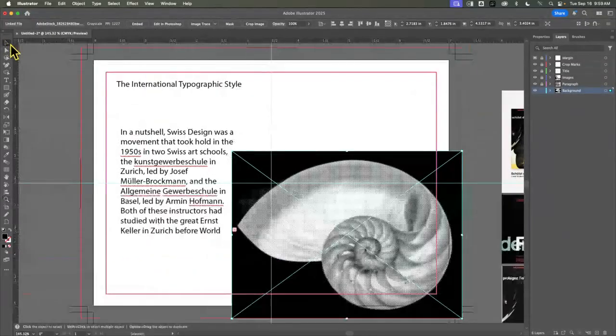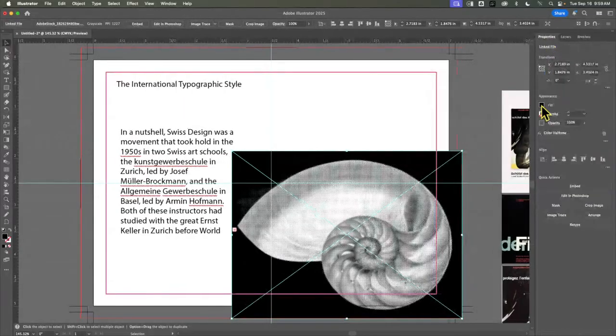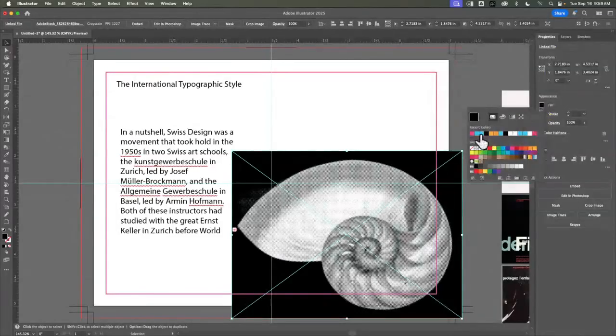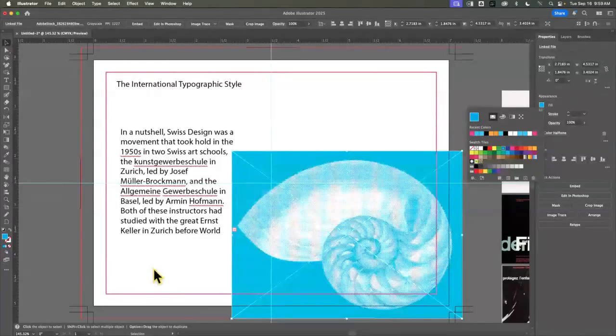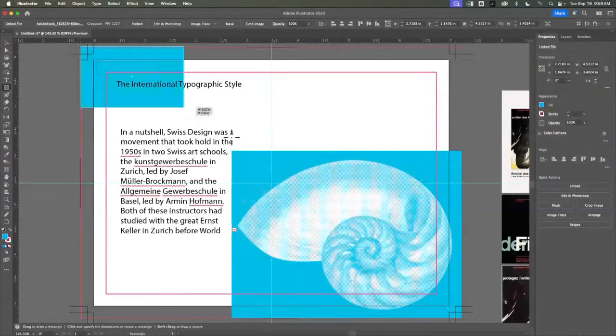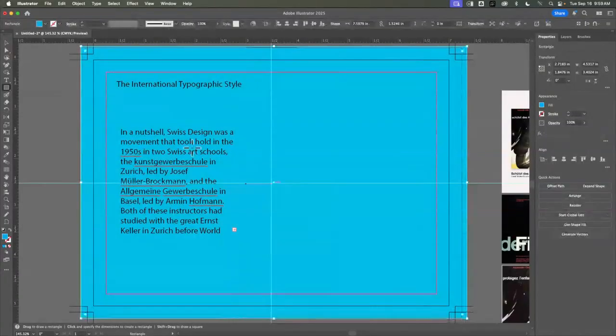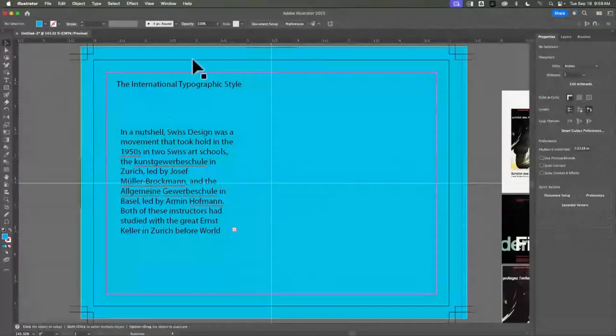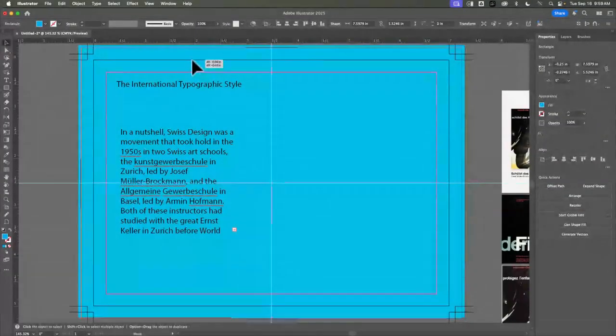Now here's the cool part. I'm going to leave it as an image, and then I'm going to go to properties and look at that. The fill, I can pick my own. And I'm going to do that. Now I want to fill the rest of the background. So I'm going to go big, go big or go home. It's got to be all the way to those bleeds. I can still see the border,